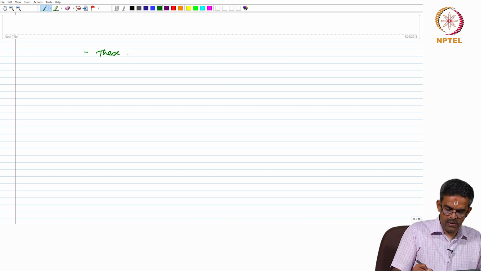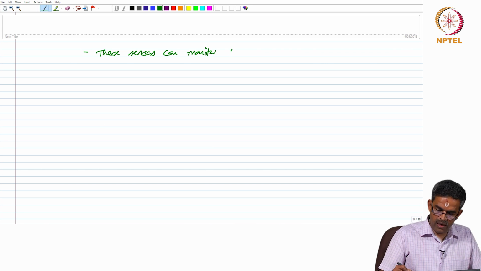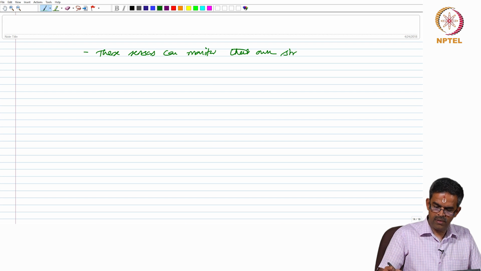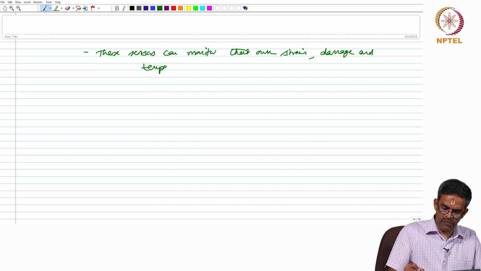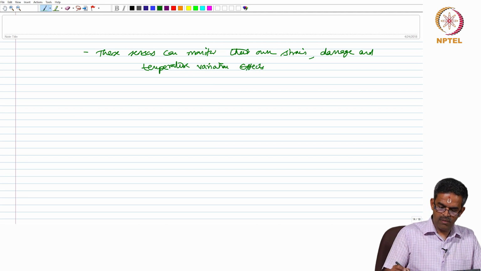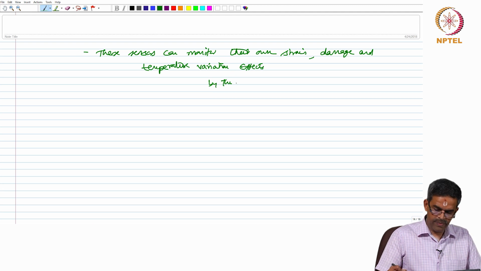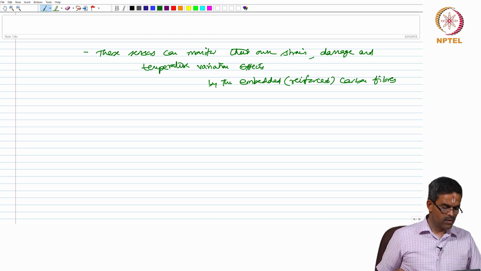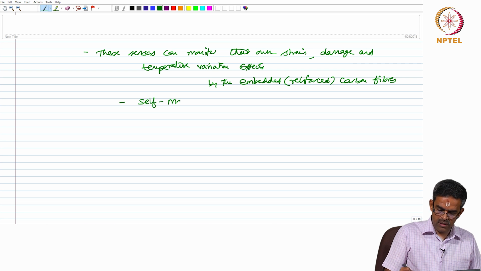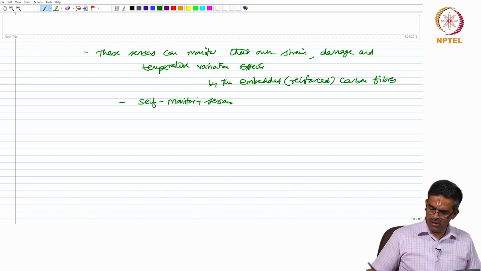These sensors can monitor their own strain, damage and temperature variation effects, by the embedded or reinforced carbon fibers, which act as self monitoring sensors. Okay. Let us quickly see what are the different composites